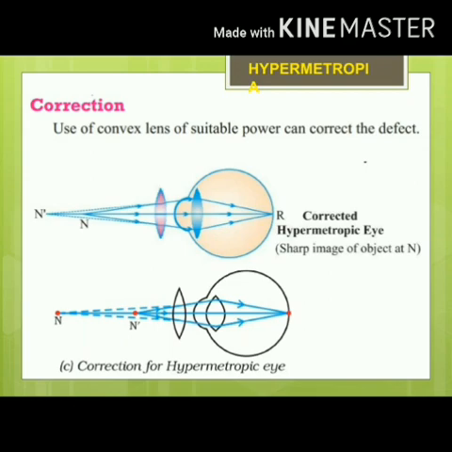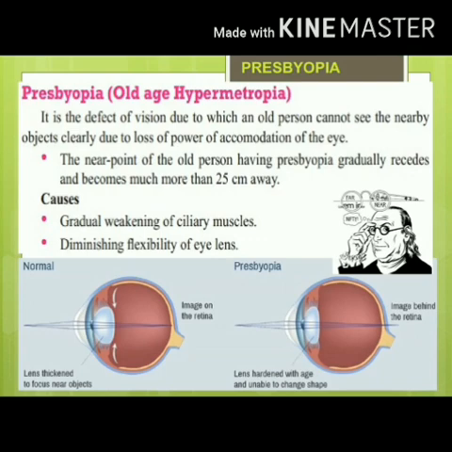Next is presbyopia. So for the presbyopia, one thing you have to always remember, presbyopia is completely for the old people. So old age hypermetropia is called presbyopia. In the case of presbyopia, the image will be formed beyond the retina, not in front of the retina. So it is one case of hypermetropia, but here the reason is different. What is the reason? Reason is